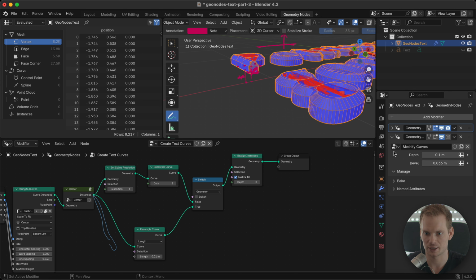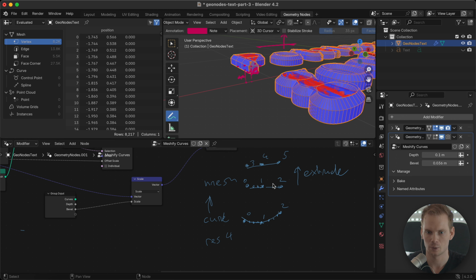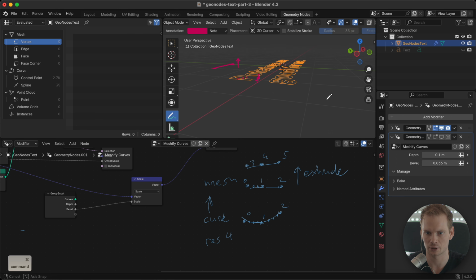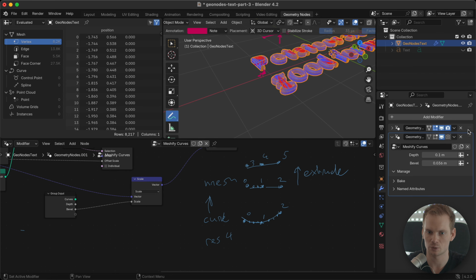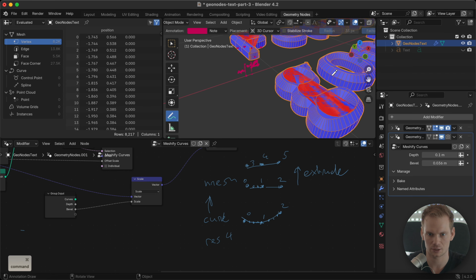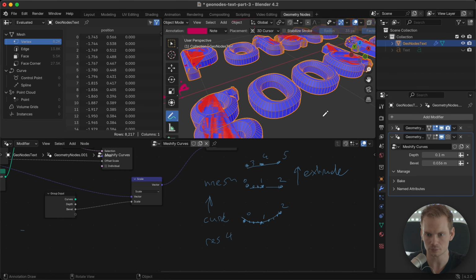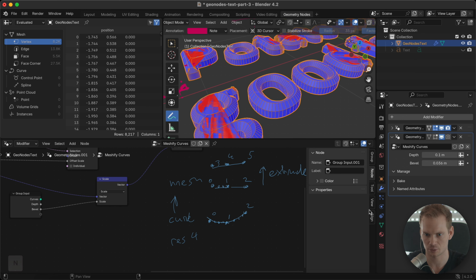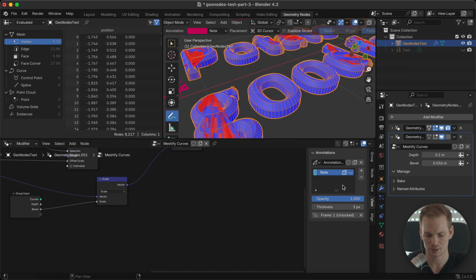And let's minify that and then look at the meshify curves, the second one, where we take the text curves that we get from there, which look like this, then we turn them into a mesh. That's what we did in the last part. Let's clean this up a little bit. I'm gonna remove my nodes here, or at least hide them by hitting this.